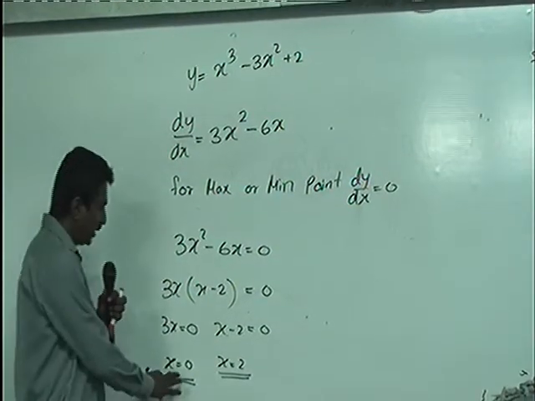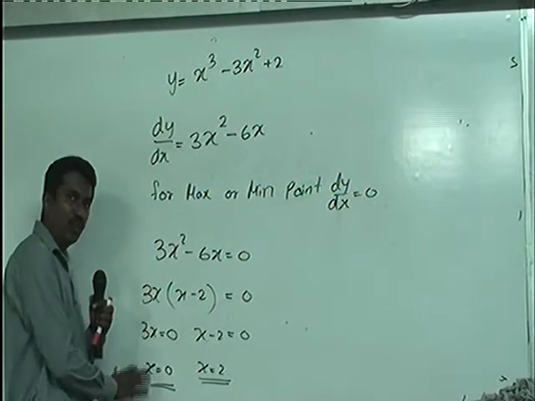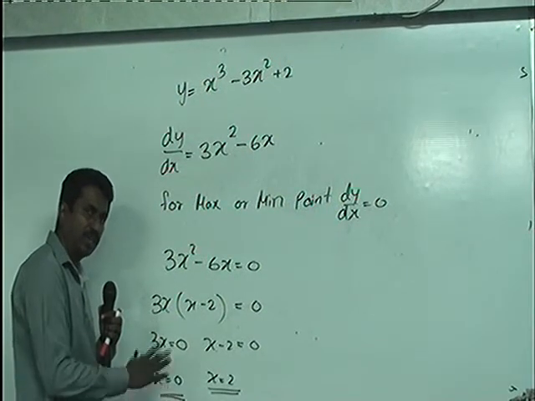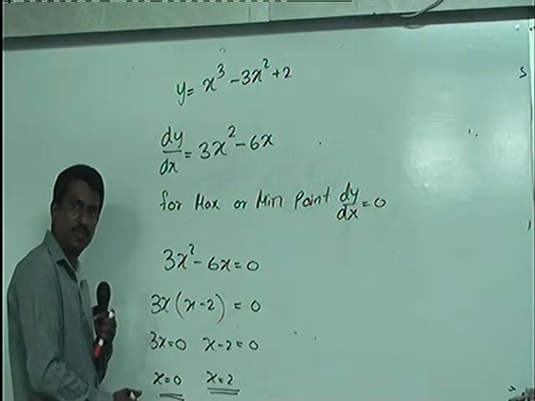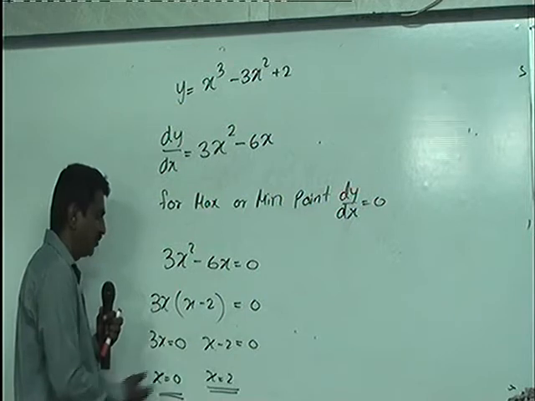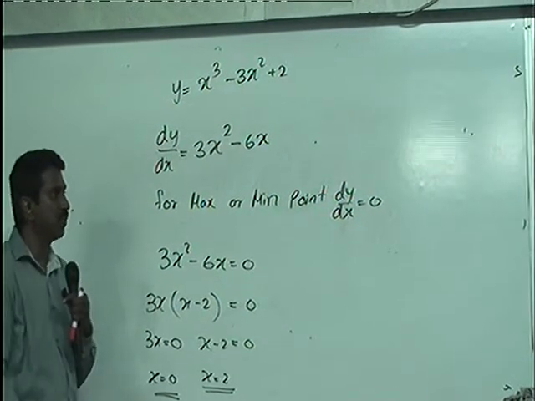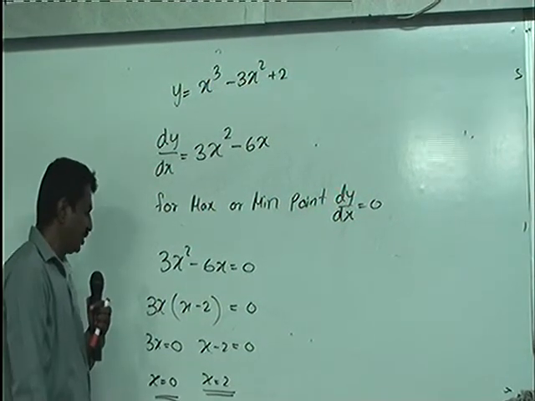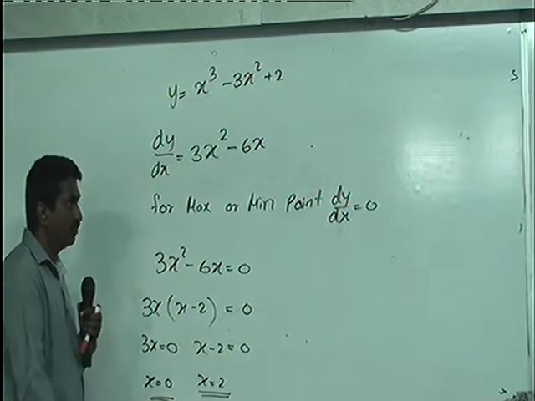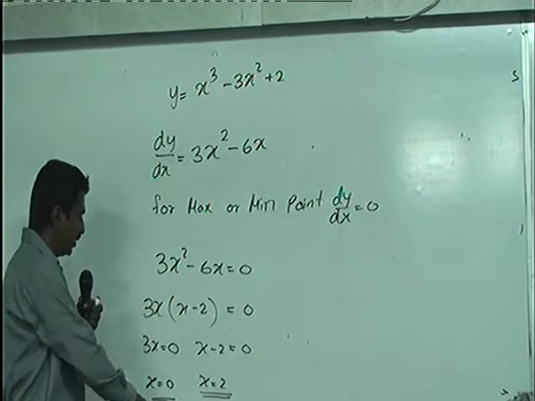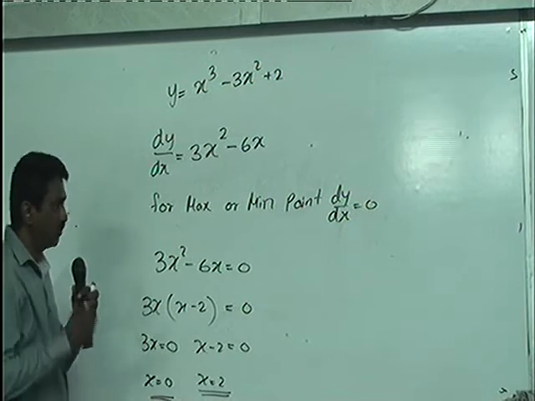Now the 2 points we are getting, one would be a maximum point, the other one would be a minimum point. The 2 points are one maximum, one minimum. We don't know which point is maximum or which point is minimum. Then we have to work out which point is maximum, minimum. Could you please write down this up to here? Then we'll work out what point is maximum, what point is minimum.